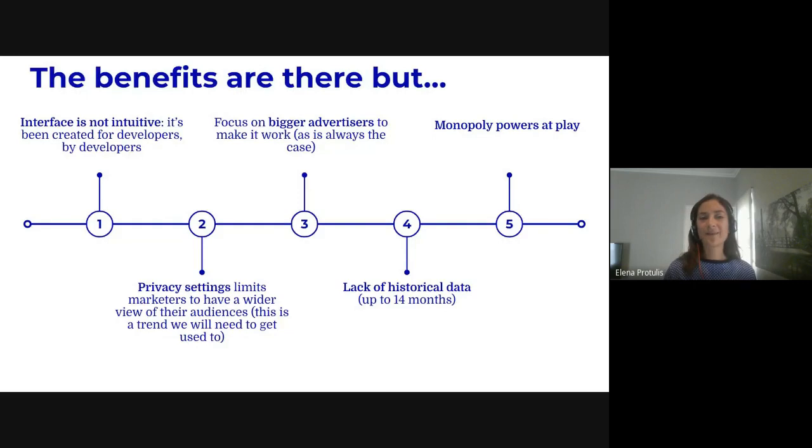So the benefits are there, but the interface is not intuitive. And like Ferdy said, it's been created for developers by developers. As a marketer, all you want to be able to do is go in there and see how your platforms are performing to be able to show value to the business. And it's such wasted time to just sit and try and figure out what to do, how to build these